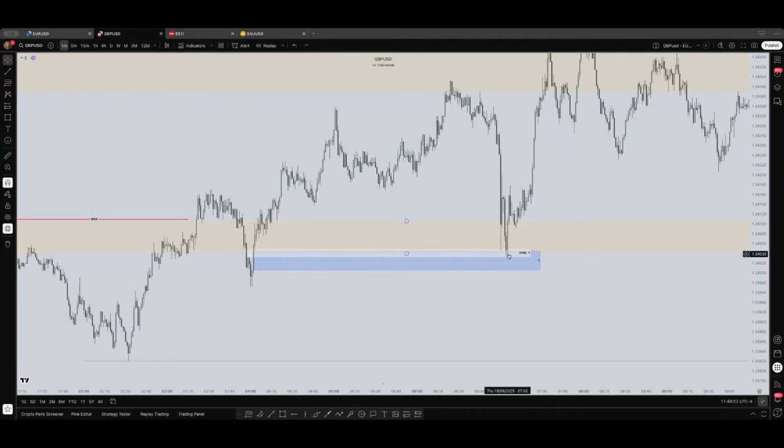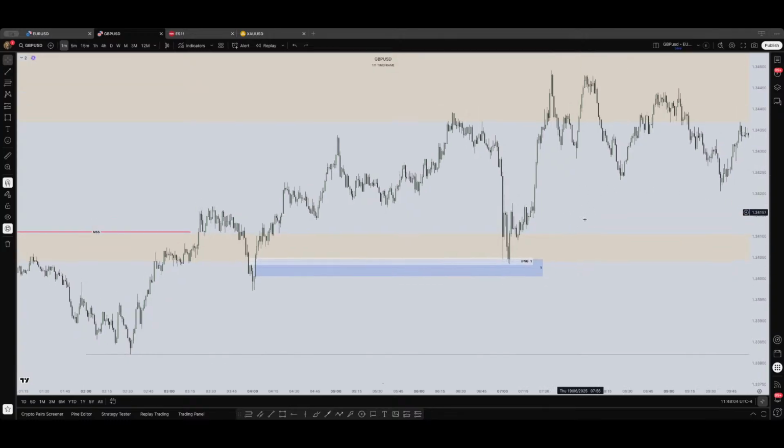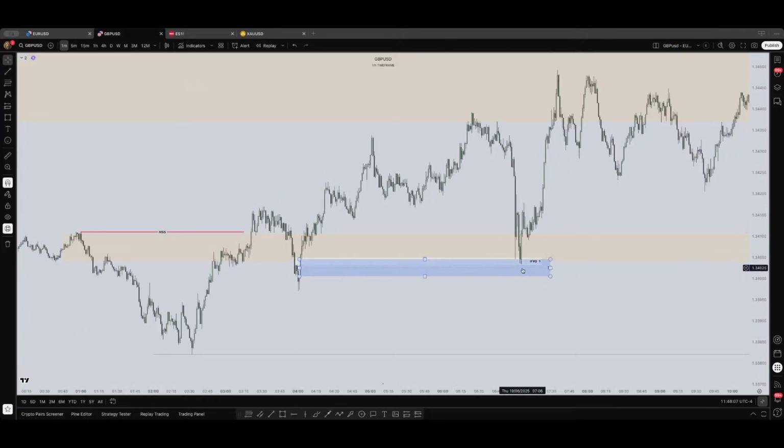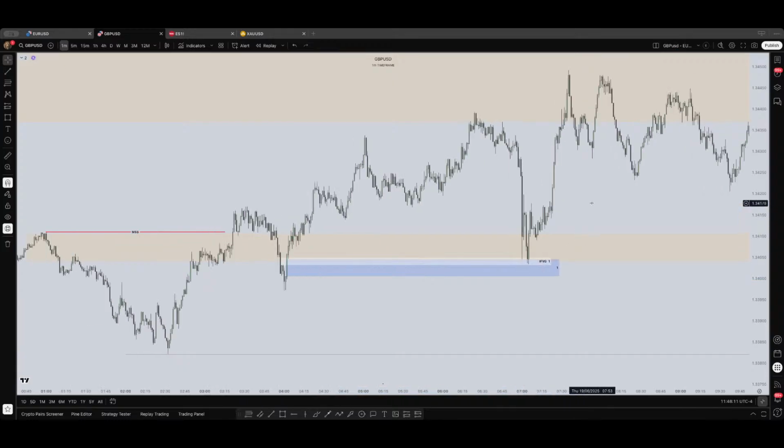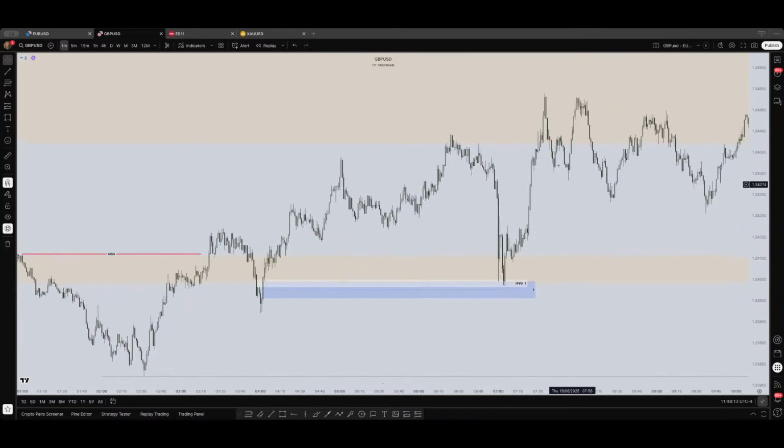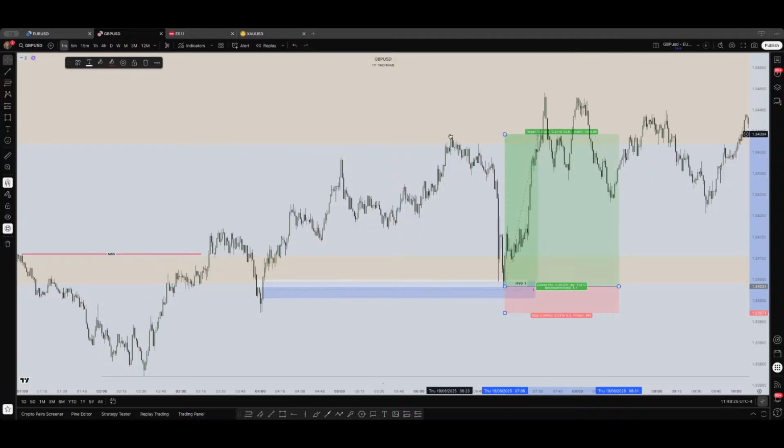So that was the perfect entry for me, but I don't know why I was expecting price going to the midpoint of this area, the fair value gap, so I couldn't, and as you can see, price just flew. So then my long position would be like this. This is the stop loss, this previous low, entry, take profit. It's a 5.7.